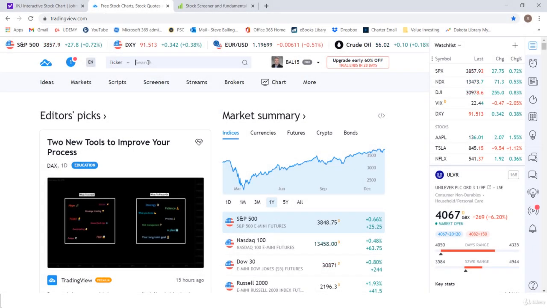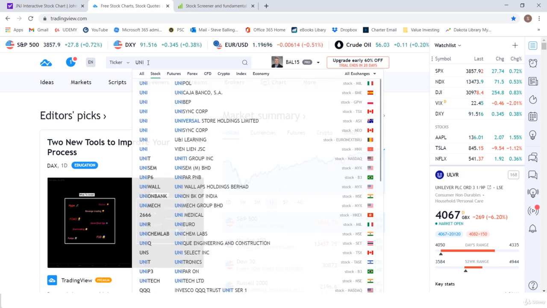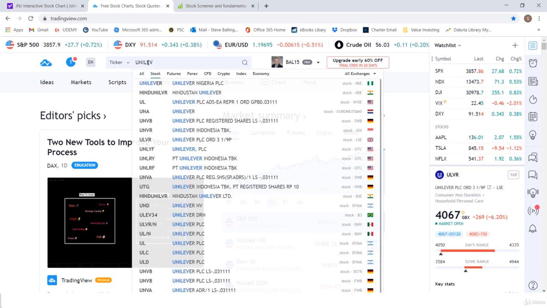But let's look up a stock here. Let's say we're interested in, let's try a different one. Let's say Unilever, all right? And this one you can see there's a whole bunch of information and a lot of stock exchanges it's listed on. Here's Hindustan Unilever on the NSE over in India here. And we got New York. And let's say we're looking for,